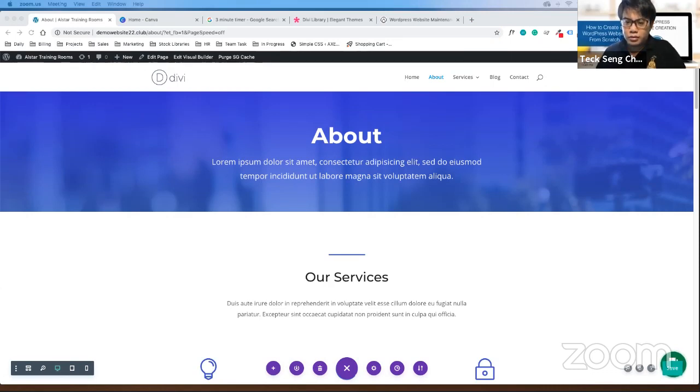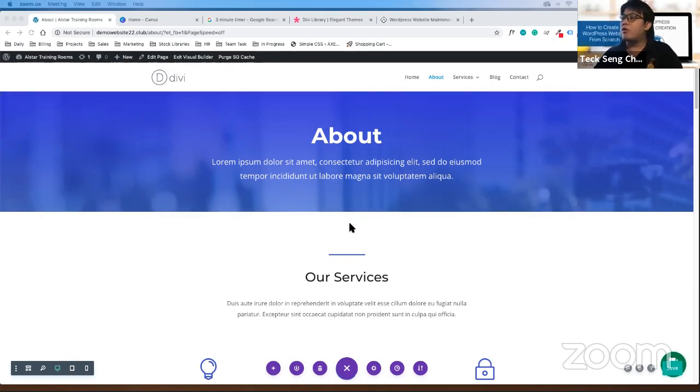Julie asks: must we select agency layout, then about? What if we select the about page from other things? Julie, for this example, we're going to use the agency design throughout. So that's why we select agency, then we select about. But the next time when you want to use other design, you can select the other design layout. Okay, good. Okay, let's move on.